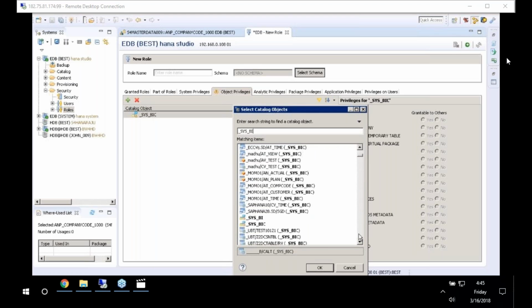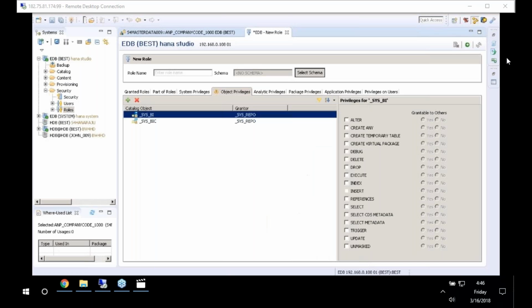One minute, participants. So here we have _SYS_BI and _SYS_BIC. Select _SYS_BI and _SYS_BIC, and click OK. Now once you click on _SYS_BI and _SYS_BIC,